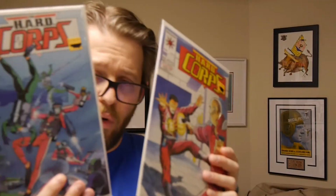Alright, so we got 2 issues of Hardcore, 3 and 4. So we got 2 in a row that we can check out. Well, this is interesting. If there's 3 indie books, what I'll qualify as indie books, I definitely have not heard